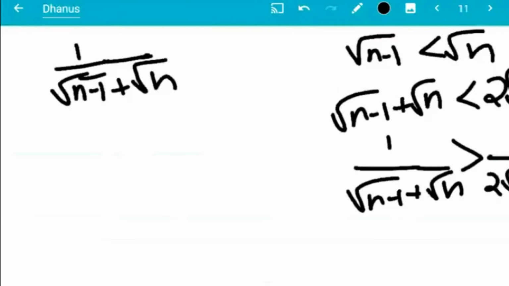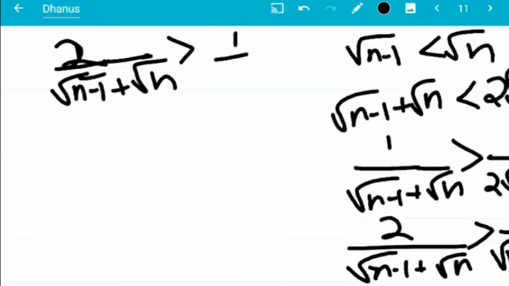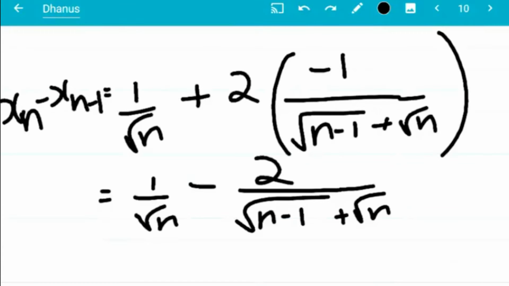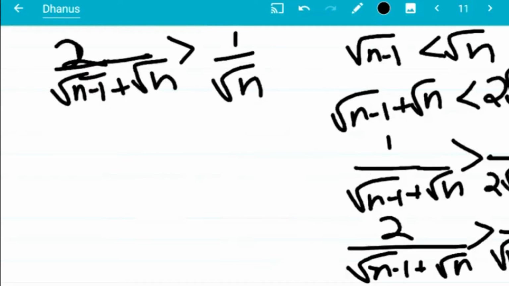Yeah, multiply both sides with 2 will give 2 by root n minus 1 plus root n is greater than 1 by root n, and we can say 1 by root n, and we are subtracting this term from 1 by root n, and that will give 1 by root n minus 2 by